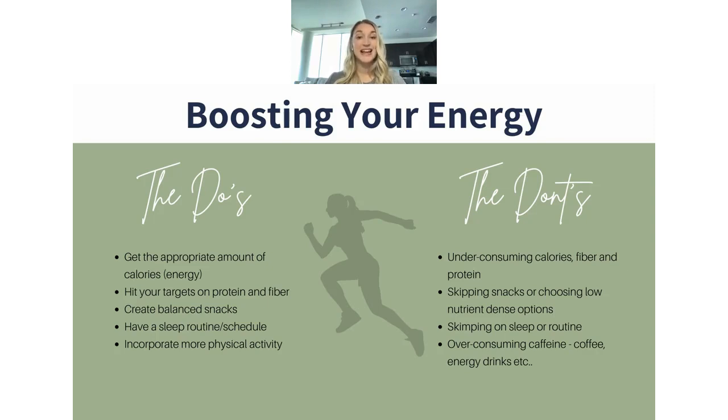Skimping on sleep routine and then over consuming caffeine, coffee, energy drinks, tea products as a Band-Aid. This is a complete Band-Aid. If you are hitting that 3 p.m. crash, Marielle, I'm going to use you as an example. If you're hitting that 3 p.m. crash and you turn to an extra cup of coffee or a Monster drink or whatever cool is trending